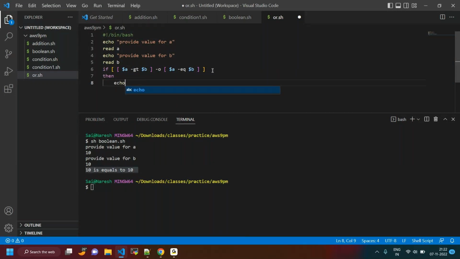echo either A is greater than B or A is equals to B. Both conditions, either A is greater than B or A is equals to B, or both conditions are the same, whatever it is. Else